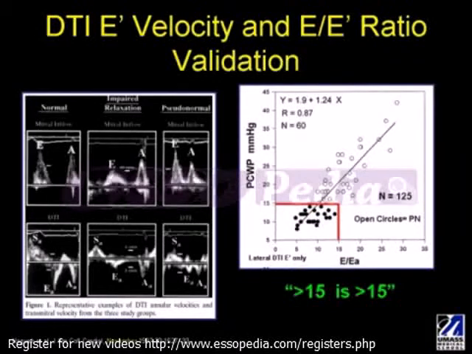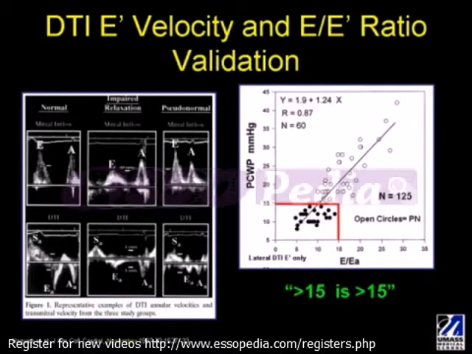Now, to extend the work of Dr. Sohn, Dr. Nagueh and colleagues validated not only the DTI E' velocity, but for the first time a ratio for the assessment of filling pressures. In this study, 125 subjects were included that were normal or had various disease states, such as heart failure symptoms and abnormal filling pressures, of which 60 of these patients had invasive measurement of pulmonary capillary wedge